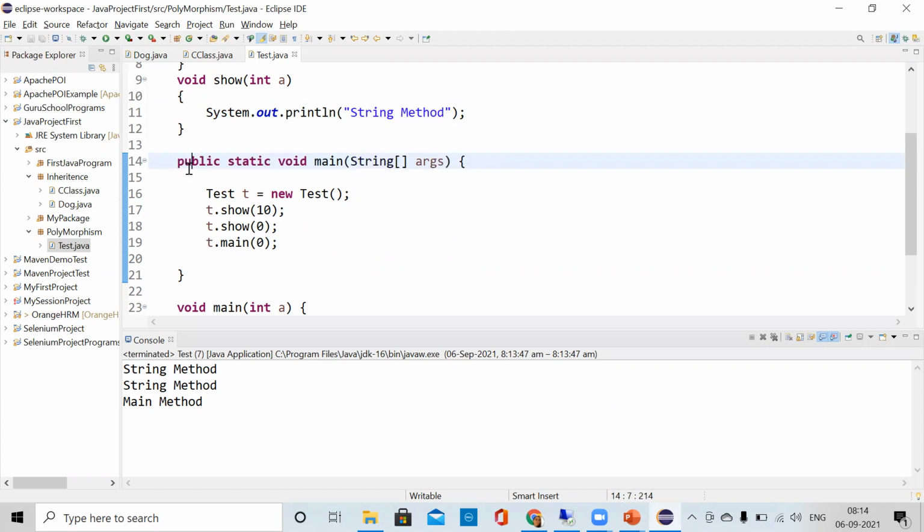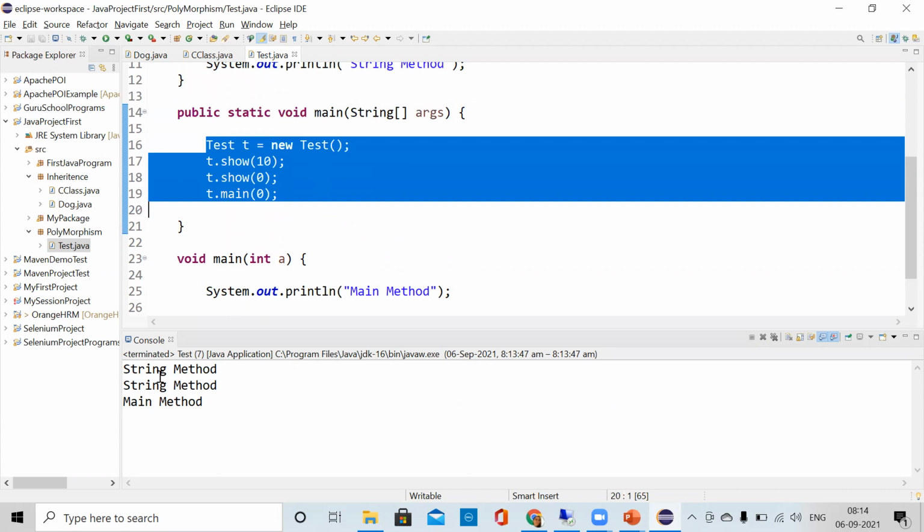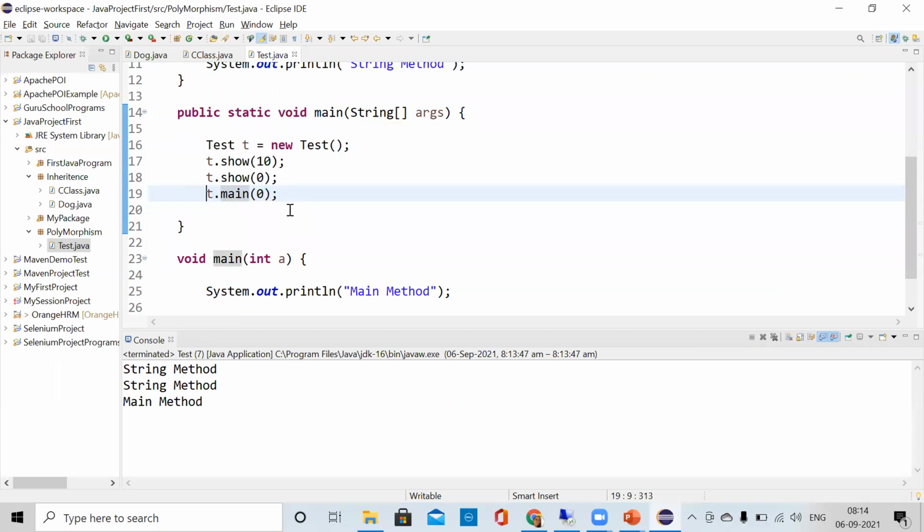But what it will do, it will search for this main method. Whatever is inside this, see, the other main method is not executed first. It executes this public static void main method. If I have not written this here, it will not execute this main method. When the JVM is calling, it will search for this main method which has a string argument. So this is why we always write it like this, because the JVM searches for this argument which they have already